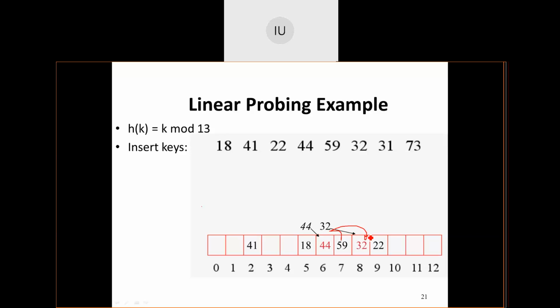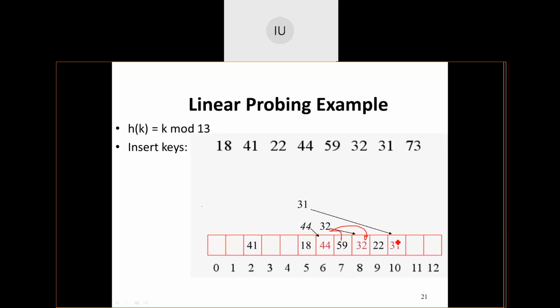Then 31. It's 5, but after probing, I don't have plus 1, I don't have plus 2, I don't have plus 3, I neither have plus 4, but I will have a position at plus 5. That is, at the 10th position, I will have the element 31.